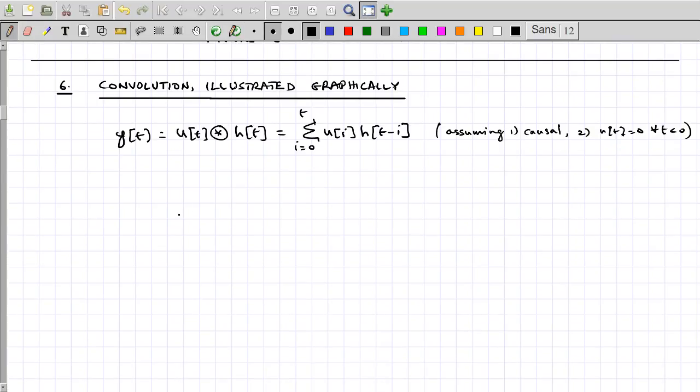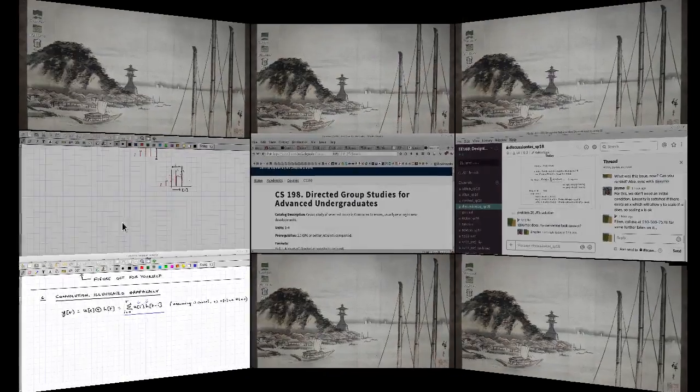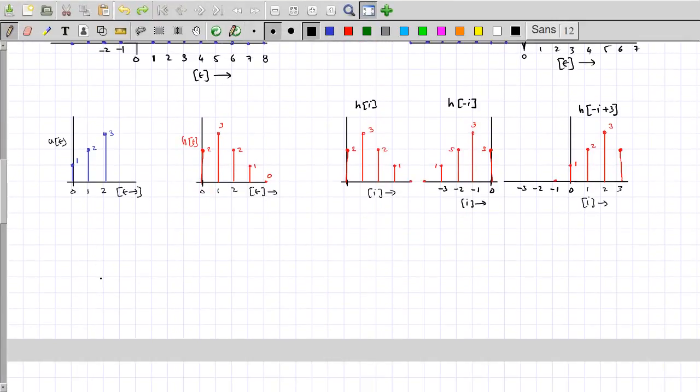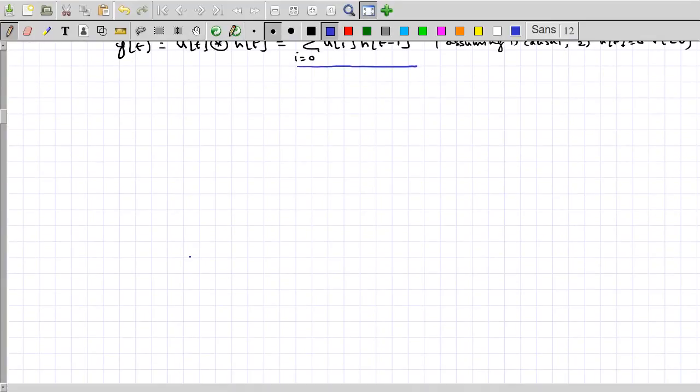Let me try to illustrate this for you graphically. So this is of course the input u of t or u of i, and this is some munging of the impulse response h of t. We actually have h of t minus i. Well, what does it look like graphically? That's what we want to take a look at right now. So I have some things already prepared over here. Take u of t, paste it,